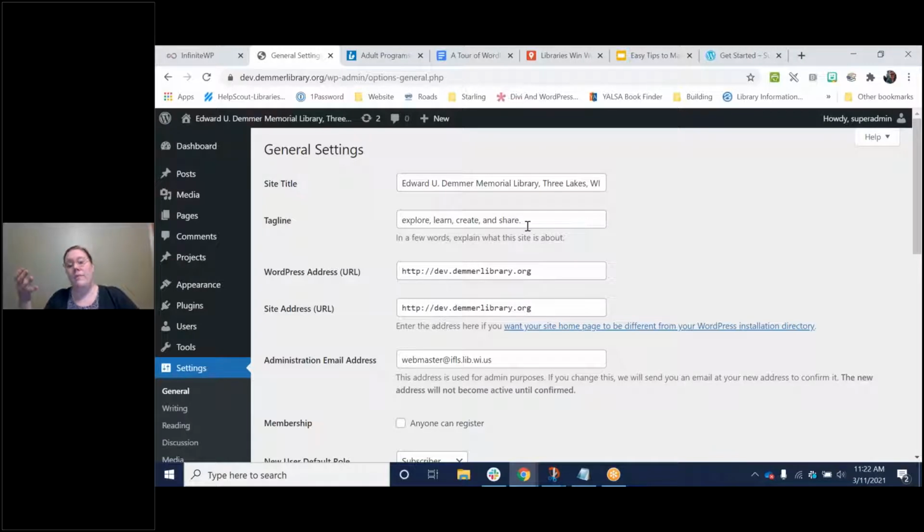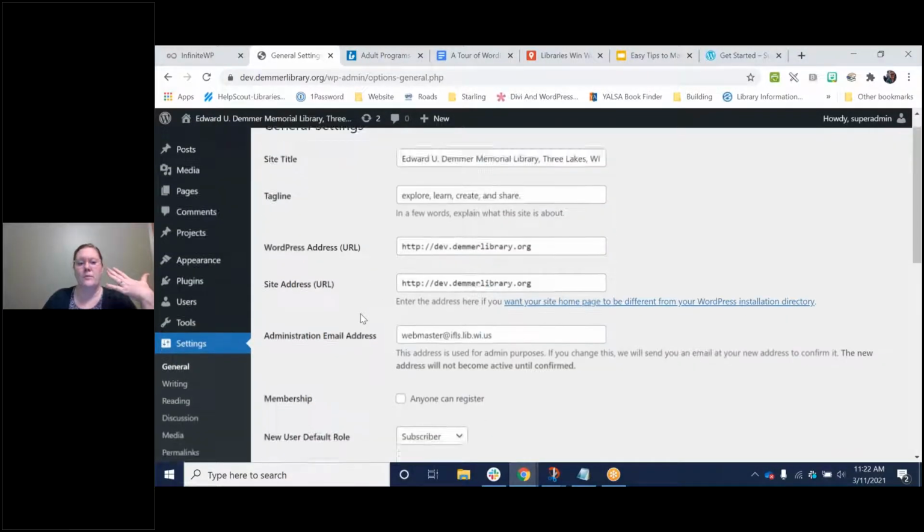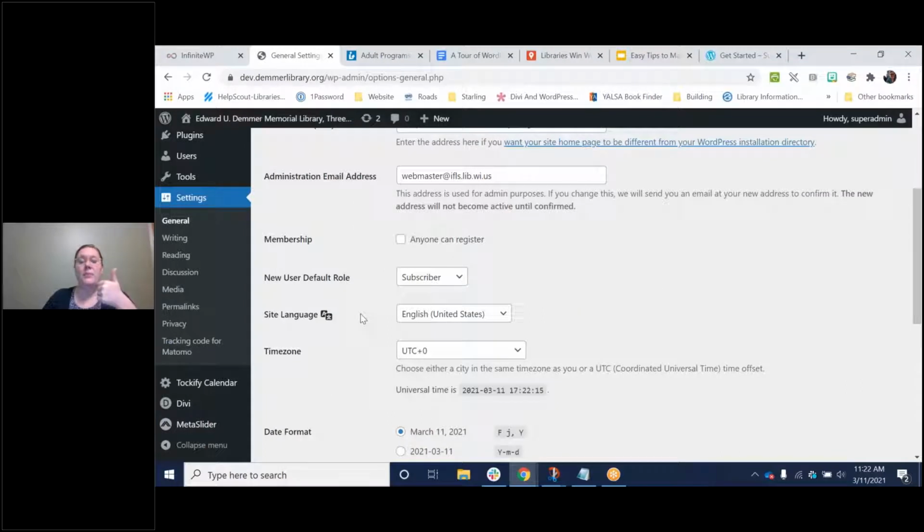So if I were to look it up in a browser search, it would say Demo Memorial Library, and it would have that line there, and then it would say explore, learn, create, and share. So the more information that you can add to customize a website, the better it will be treated by a browser such as the Google search results.